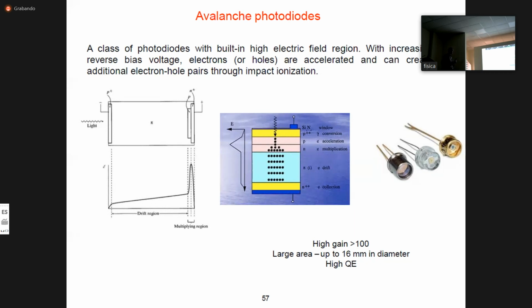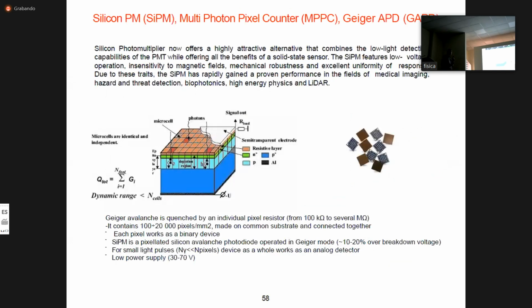And this led to the problem that physicists started to think about creating an actual device that can replace the photomultiplier tube, and came up with an idea which is called a silicon photomultiplier. There are lots of names for this device, but originally, I'm proud to say, this device was the idea